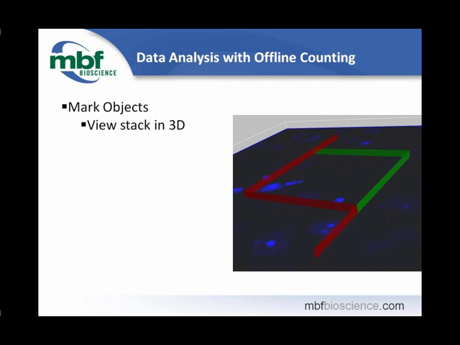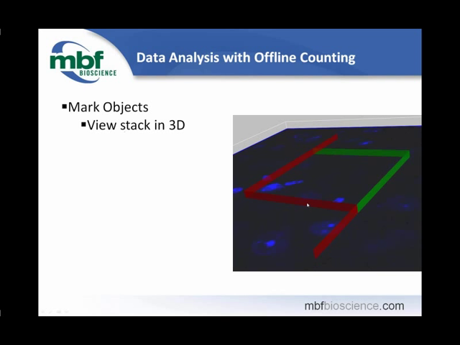Next, we're going to mark the objects. So the optical fractionator workflow, if you've counted live, you know that there are 12 steps in that workflow. When you run the optical fractionator workflow off of an SRS image stack acquired data file, you only have 5 steps now. And the sole step really that you're going to be spending all your time on is marking the objects. Because we have image stacks, we're able to view the stack in 3D with the counting frame